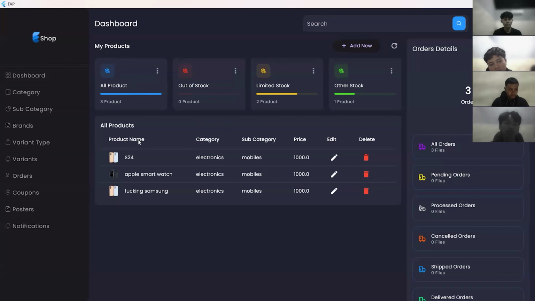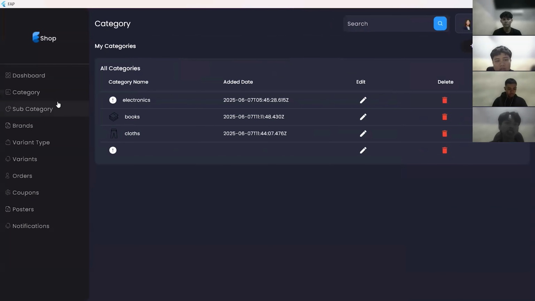And below, you can see products. On the right side, you can see order detail. Next, category. In category, you can see category name and edit date. Here, you can edit, delete, and add data.